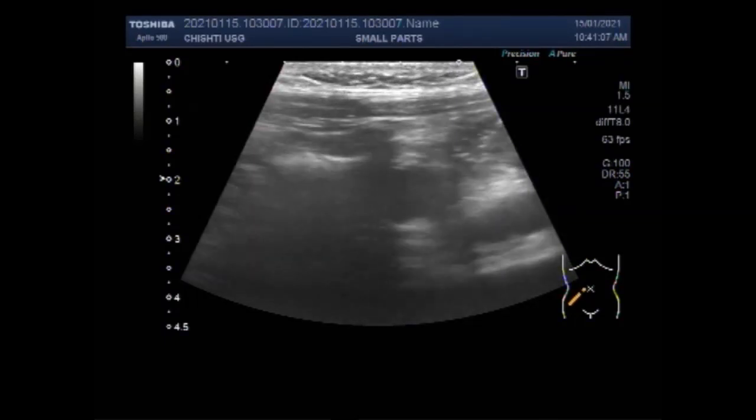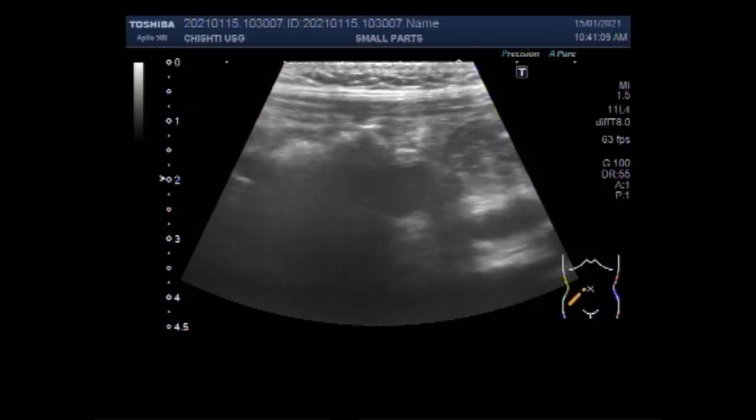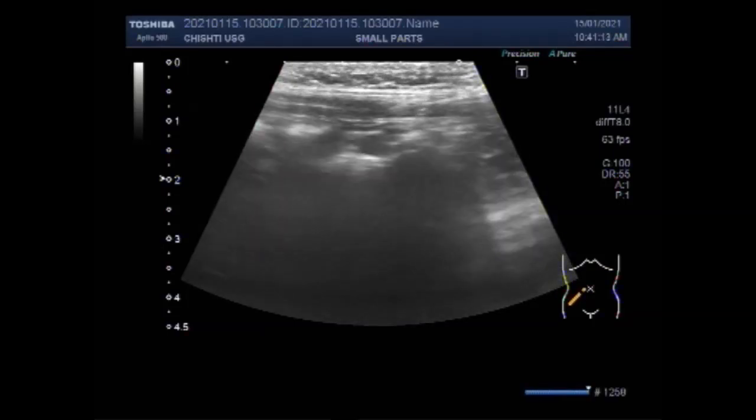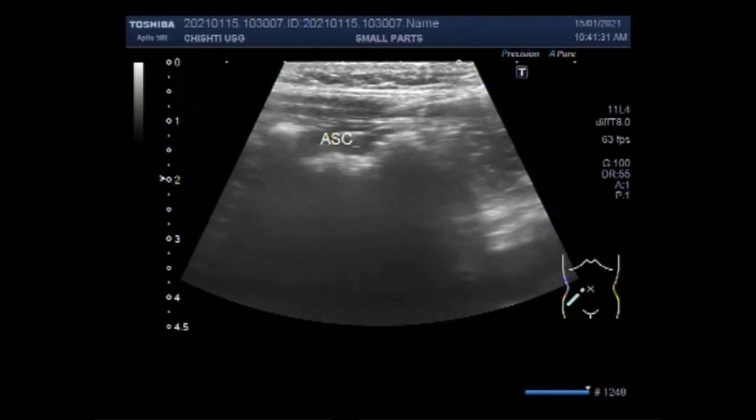If the bowel wall layers, particularly the echogenic submucosa, are lost, it is suggestive of perforation. Sonographic criteria for the diagnosis of appendicitis include a non-compressible blind-ended aperistaltic tubular structure in the right lower quadrant arising from the base of the cecum. Now this is the area of the ascending colon. First of all, you have to localize the ascending colon.